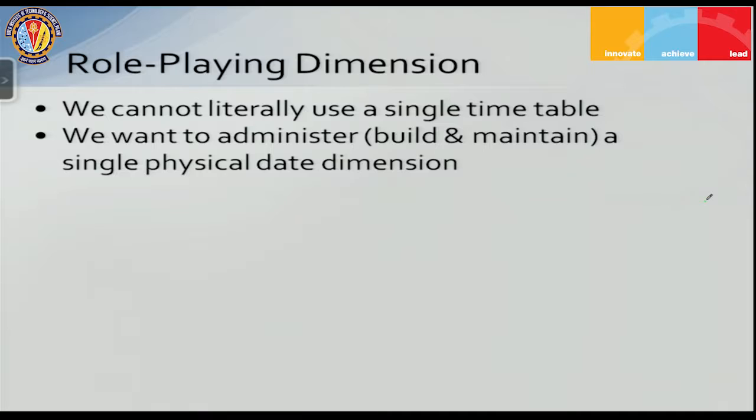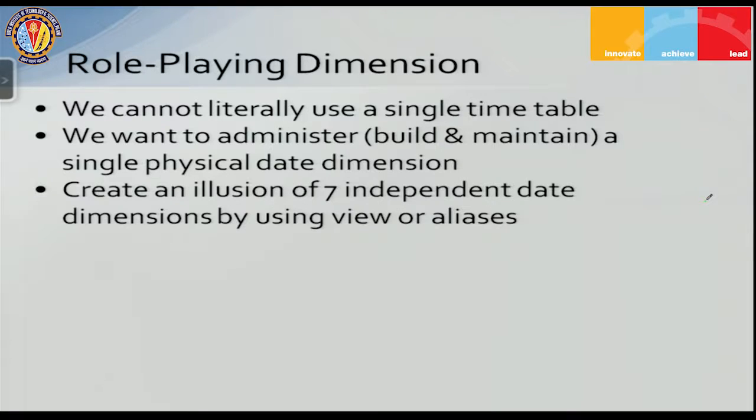I want to administer only a single physical copy. So what we try to do is create an illusion of 7 independent date dimensions by using the concept of views or aliases, right? So suppose this is my date dimension,